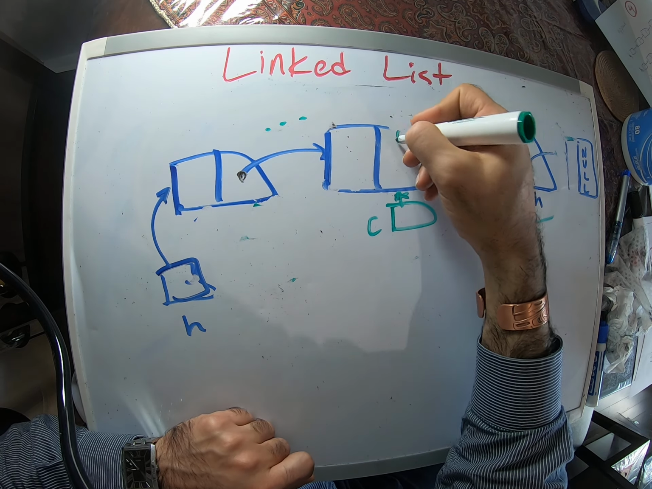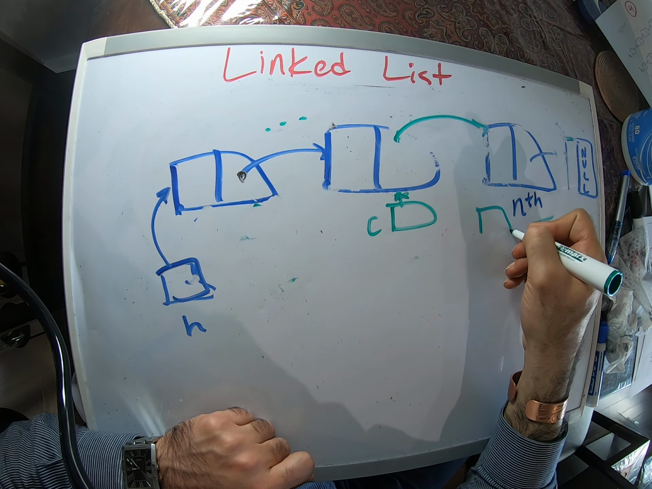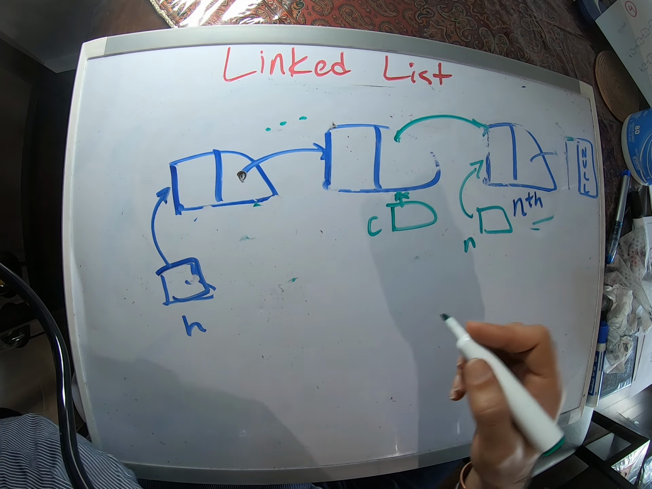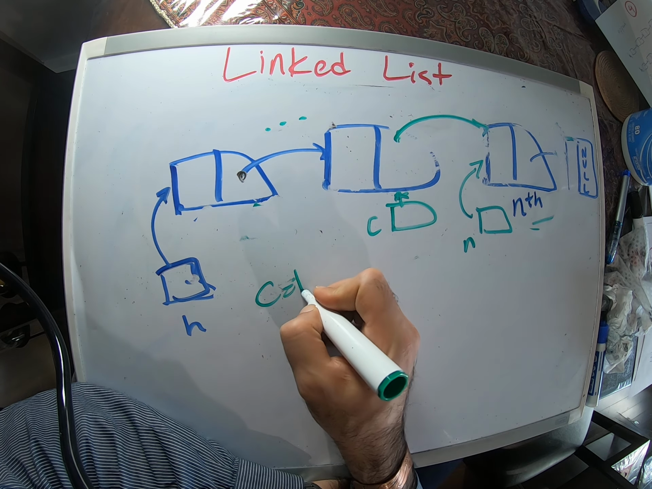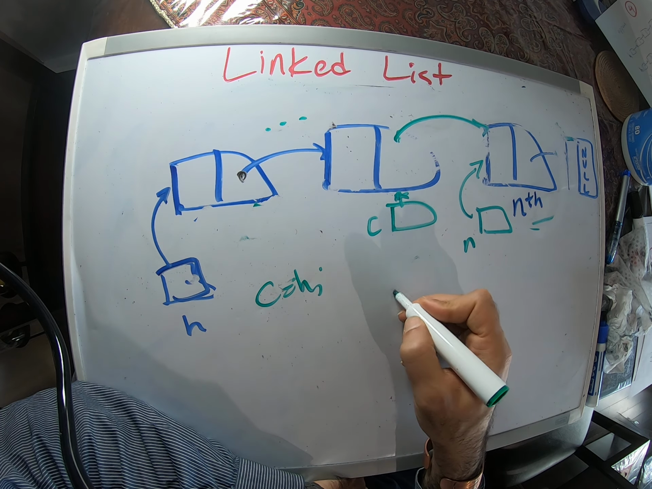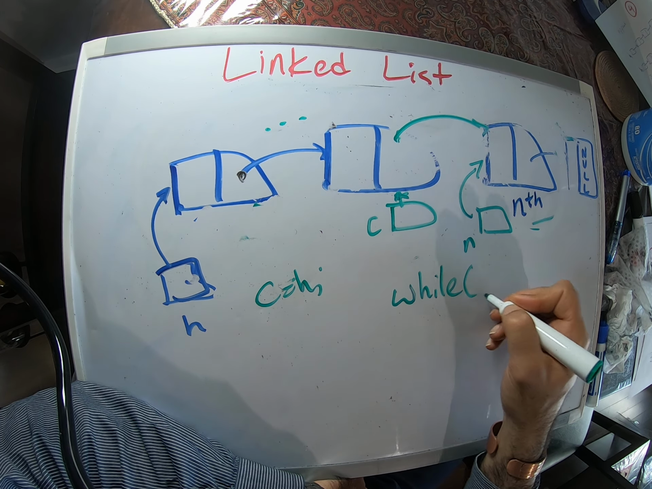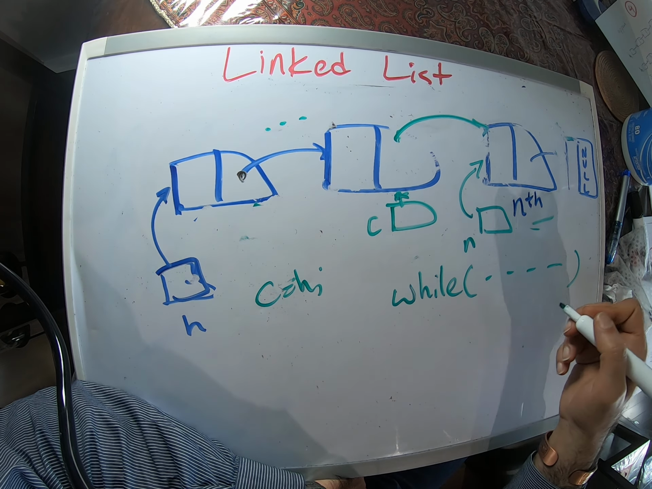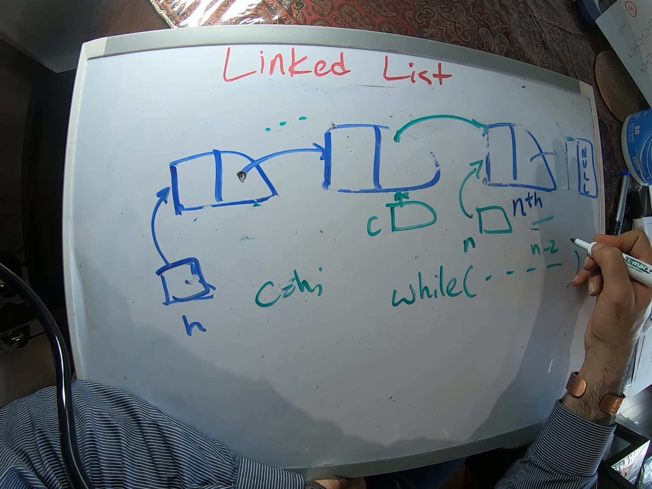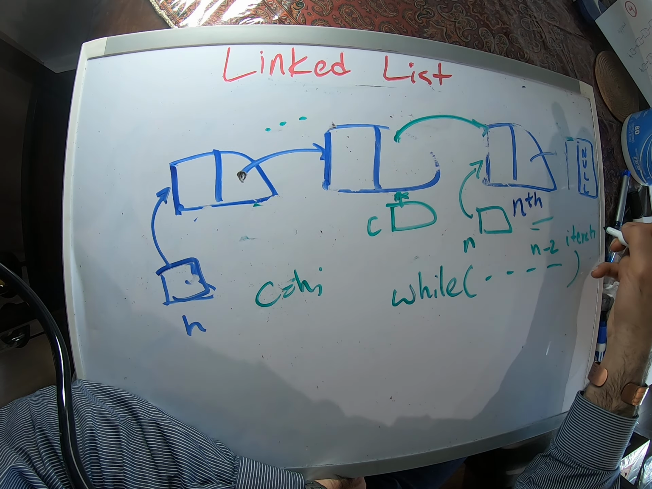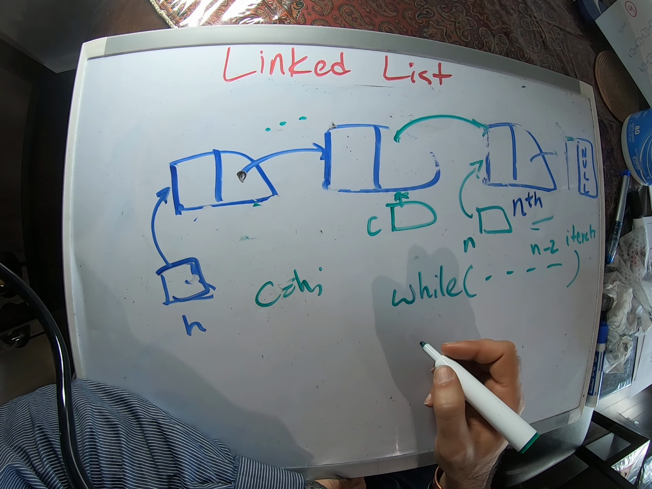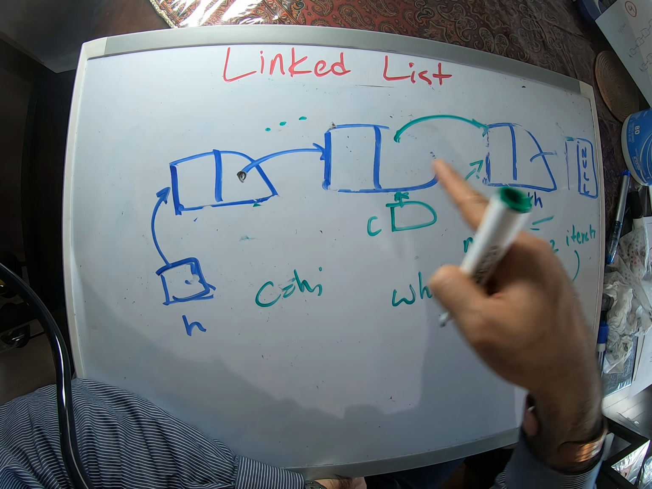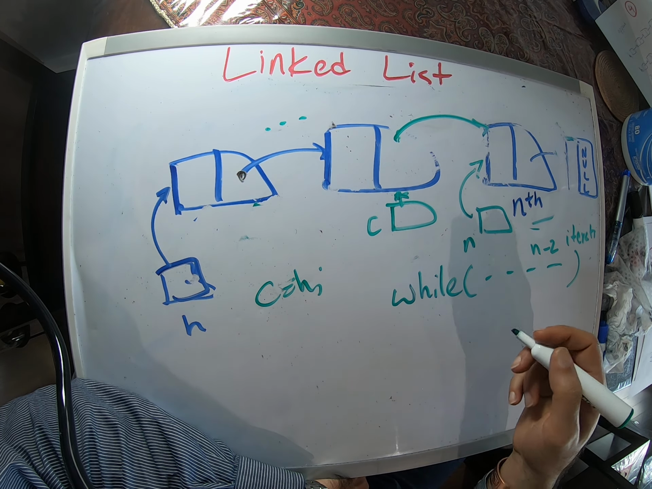So what I do here, I have two pointers. I'm just gonna say that C is equal to H, and I'm gonna write while, let's say we have n minus 2 iterations to end up here. So while we traverse through this linked list n minus 2 times, I'm gonna say that